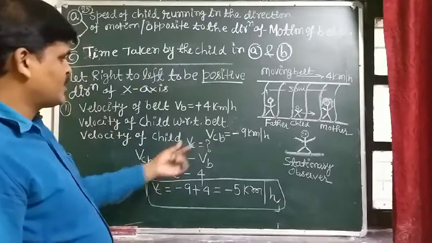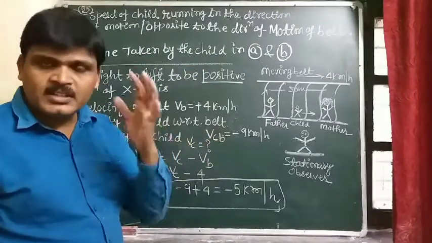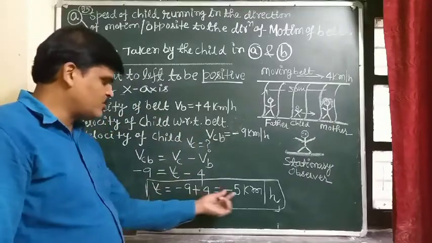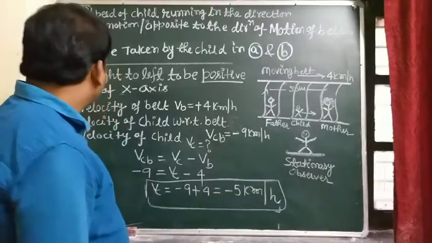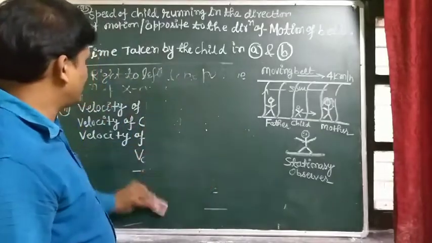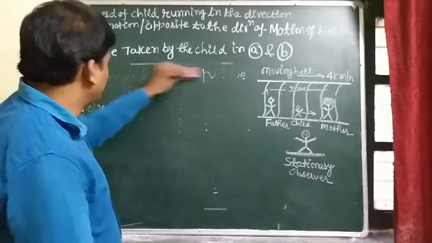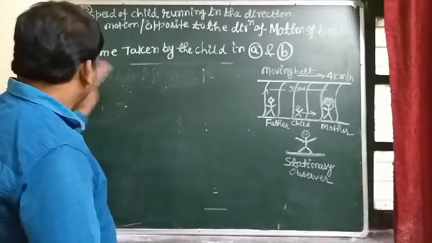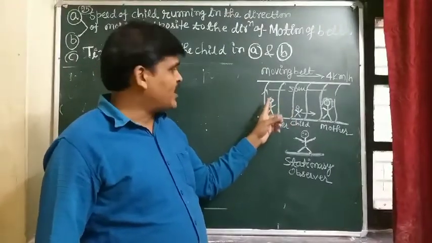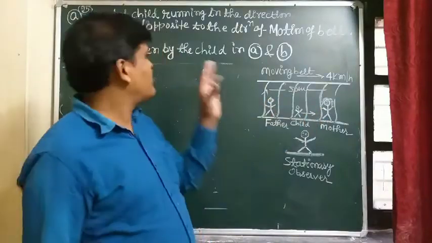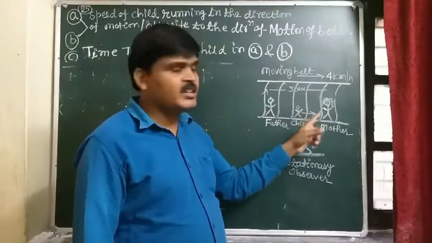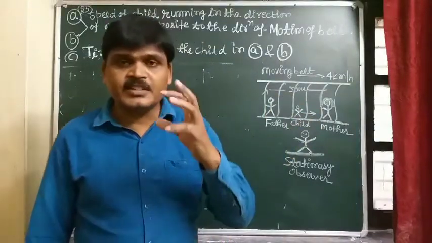And the third point, the time taken by the child in A and B. In case A, the velocity of the child comes out to be 13 kilometer per hour. In case B, the velocity of the child in magnitude comes out to be 5 kilometer per hour. So what is the time taken by the child in case A and case B? And students, for the C part answer, since the parents, father and mother, are located on the same belt,